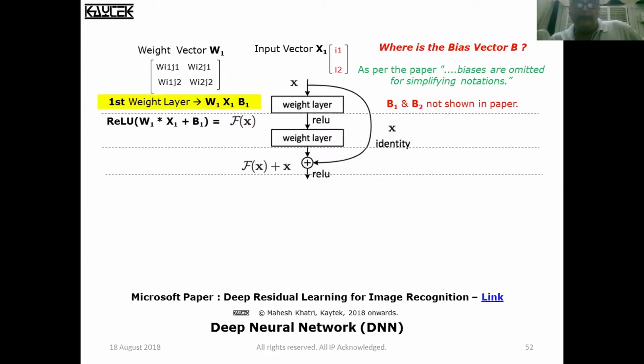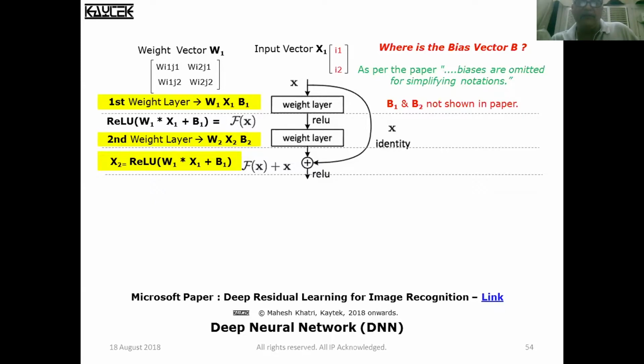So Fx, which is the first operation, is the ReLU operation involving these three vectors, W into X plus B. My second weight layer gets W2 as an input, which is the weight layer at the second boundary, and X2 is the ReLU of the first layer,